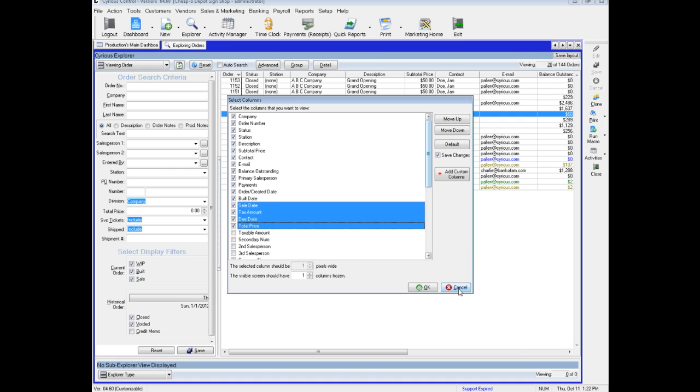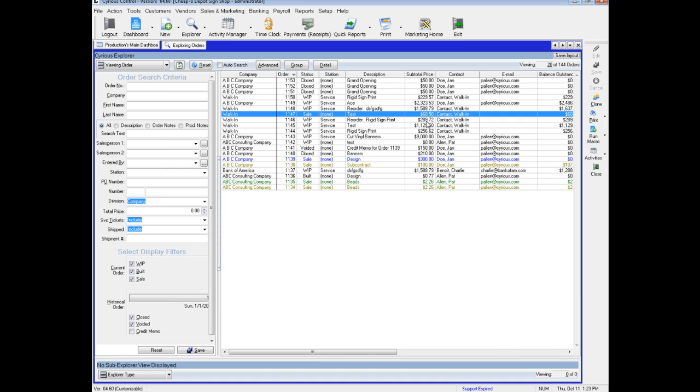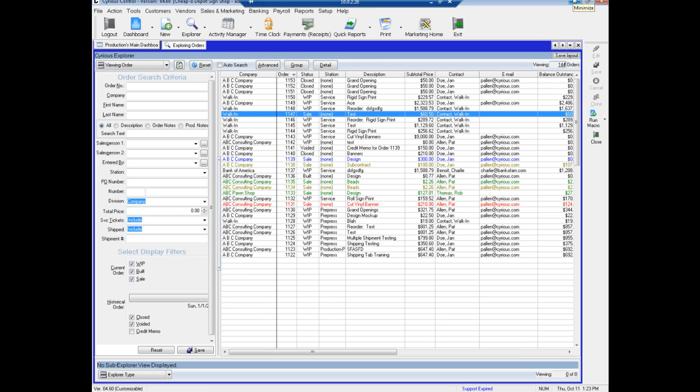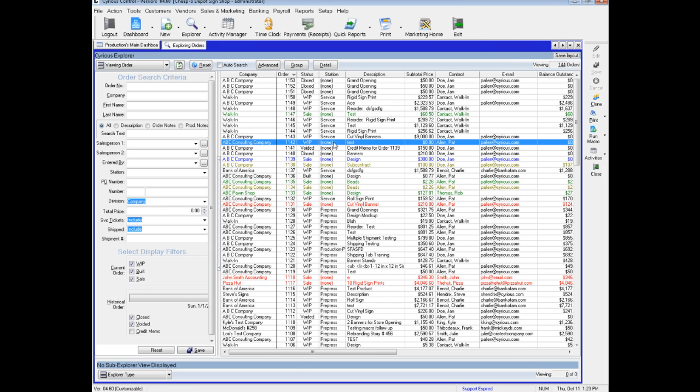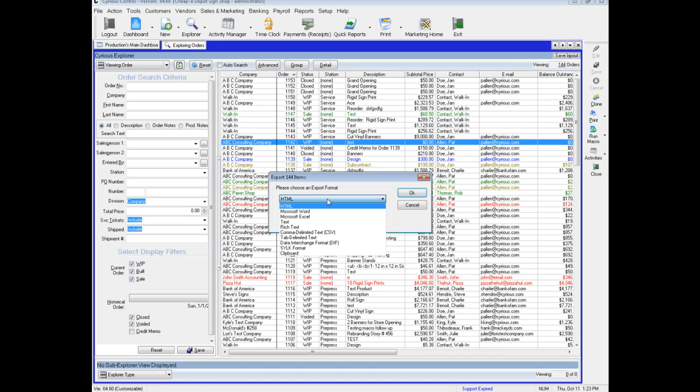And what makes that really useful is once I have those options selected and I have my columns the way that I want, I can go up to here and view all the orders that are being returned. So I want to see all 144 orders. And what can be done with almost any Explorer screen is if I right-click again in this section, the very last option is Export Grid. If I check that box and I pick HTML, I have a couple different formats to export to, the most useful one being Excel. I can then do Excel, View on Screen,